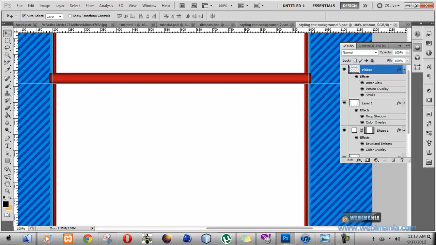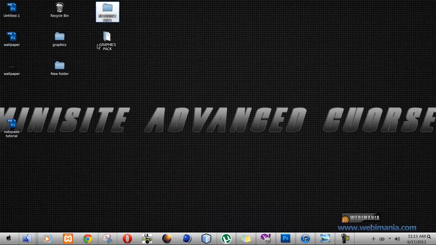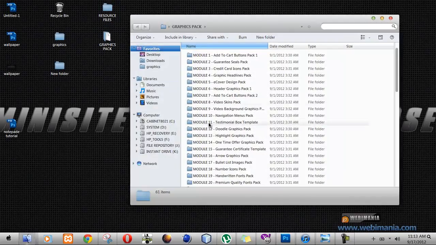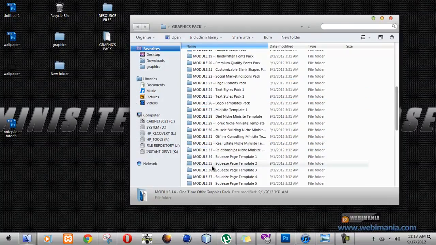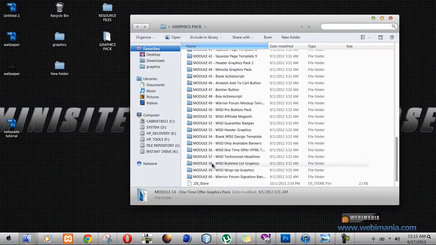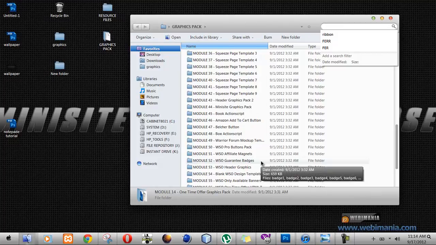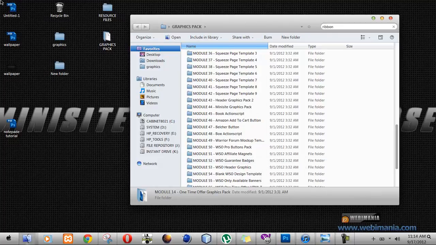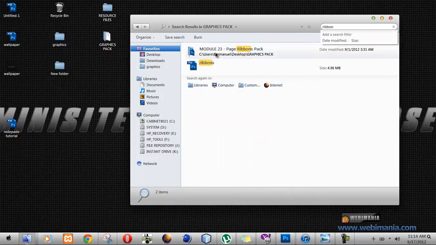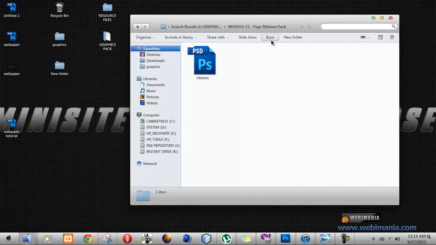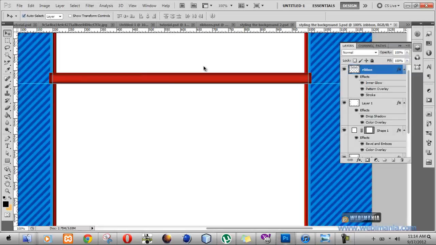Now, if you also bought the graphics pack, if you go into your graphics pack, there's a module for ribbons. You have a whole collection of ribbons already pre-designed for you. All you need to do is just cut them and use them. I'm going to show you how you could make use of the ribbons contained in the graphics pack for your work. Just open up the folder, locate the folder for ribbons in your graphics pack, open it up,